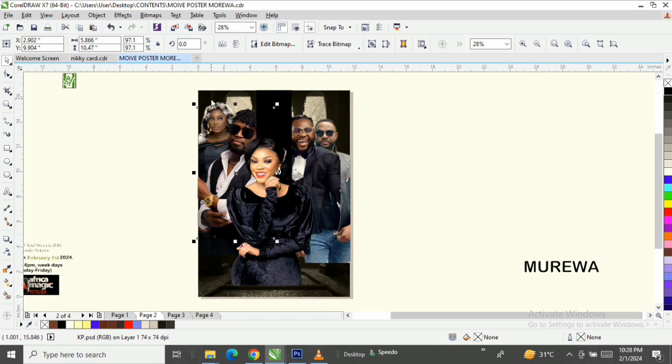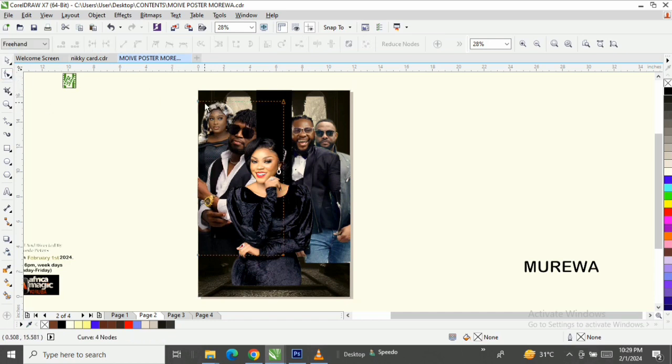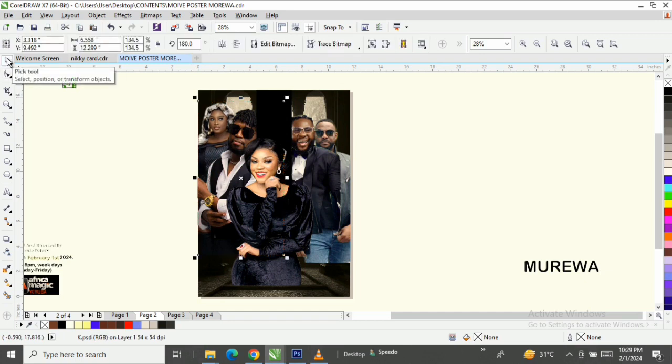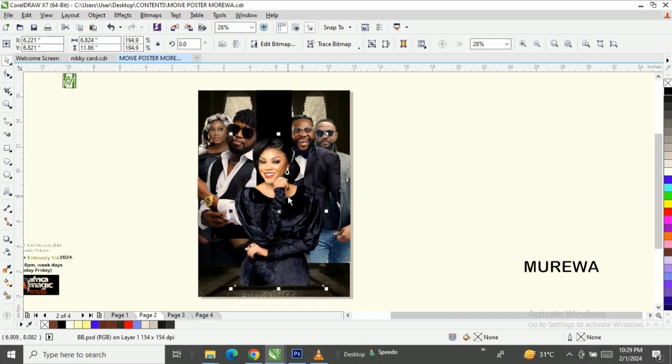Don't forget the concept. I want the person in front to be taller. But now it's like Bimpe is a bit taller. So I'm taking her down. The concept is the person in front has to be a bit taller than the person at the back. So let me take her down a bit. Can you see what we have, guys? That's the first step. Now I just arrange the pictures. Very simple. So the next thing I'm going to be doing now, guys,